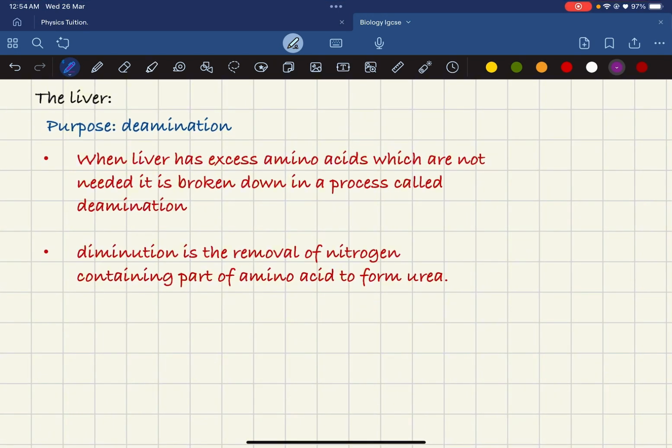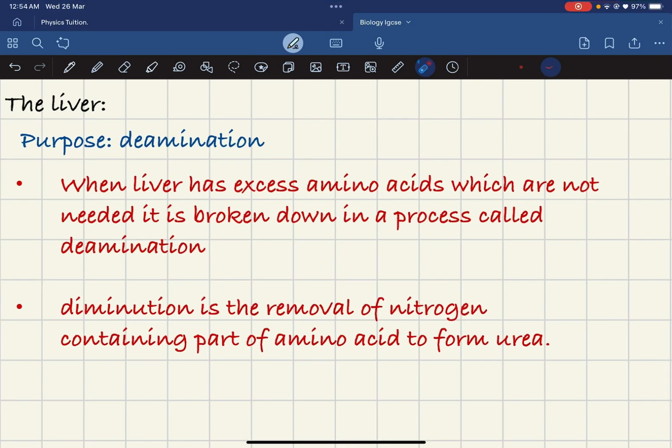Now we have the last organ to look into, which is the liver, okay? So the purpose of the liver in this case is for deamination. And deamination, over here I have written, is the removal of the nitrogen containing part of amino acids to form urea. So the reason why the liver has to go through deamination is because now let's say we